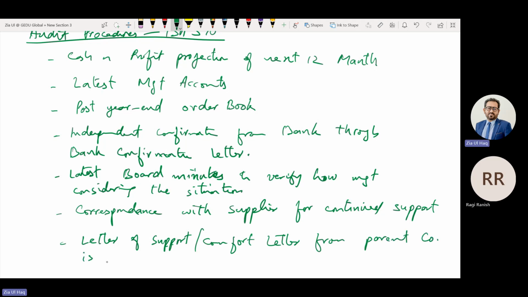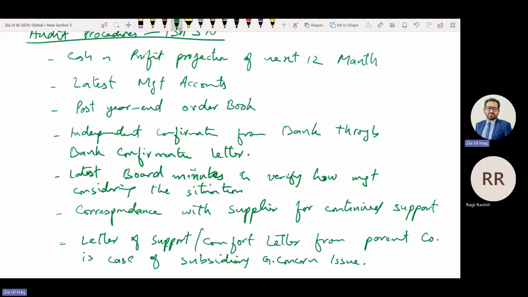In case of a subsidiary going concern issue, obtain a letter of support or comfort letter from the parent company for continued support to the subsidiary.